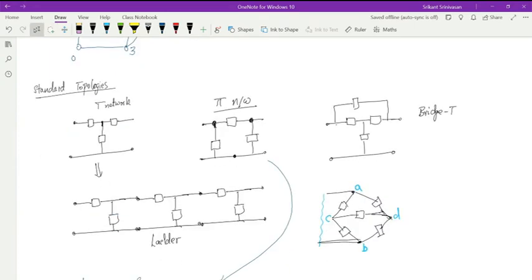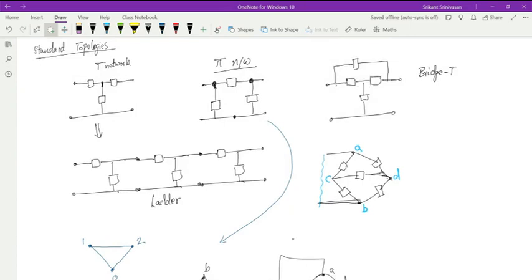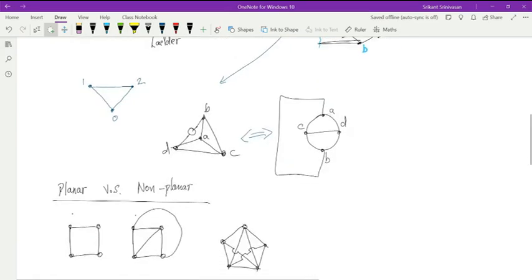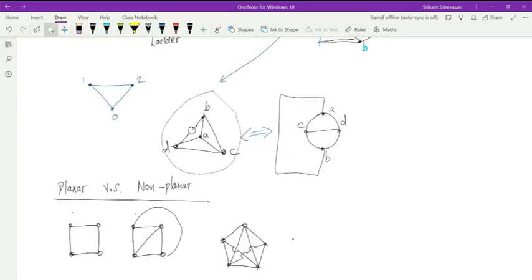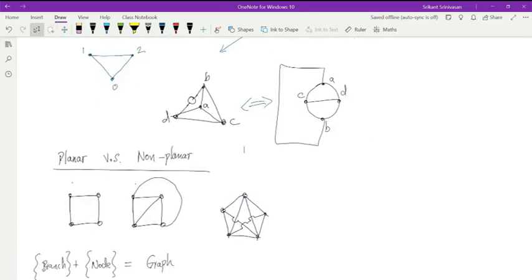Now, when you go to more complex networks, it is seen in nature in electrical engineering that many times you find these kinds of topologies appearing, like T network, pi network, bridge T network. Somebody who's working in this area extensively can quickly reduce it in their mind. You can see a complicated network and figure out, oh, this is a T network, there is a pi network, and even then you can solve it. But once you go into more complications, like this star delta kind of combination, which is a Wheatstone bridge, it may become difficult to figure out mentally, and there you start running into trouble when you want to do analysis.